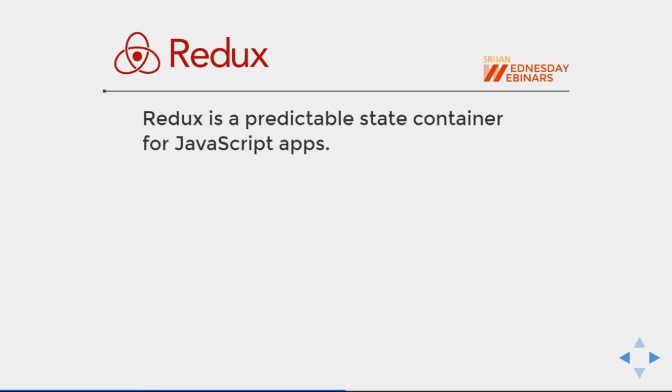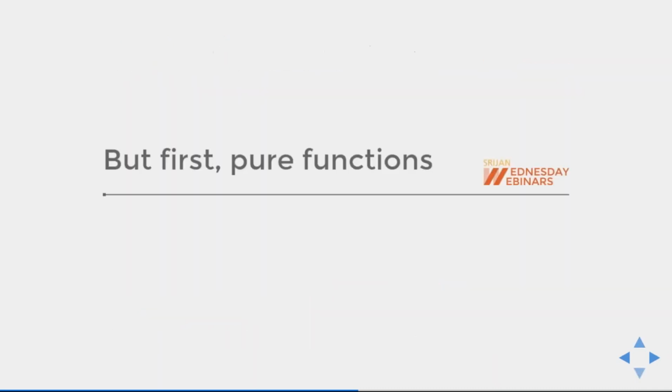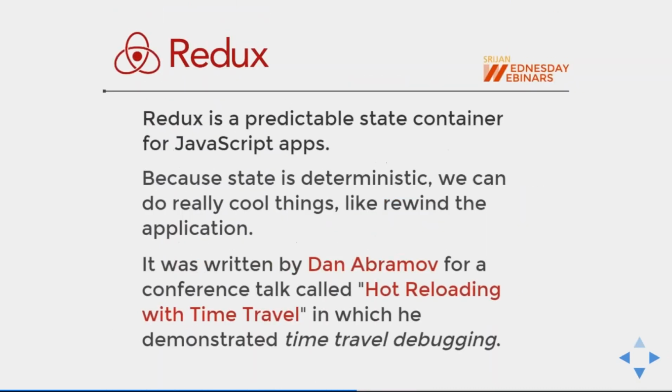Okay, so first of all, just a basic introduction. It was written by Dan, and it is now one of the most popular libraries for writing production applications with React, because for production applications we will have a complex way of communication between the components. So we need some container which can manage the state of the complete application. Redux is a separate library which is going to have three components: one is store, another is reducers, and the third one is action. First we will talk about Redux in isolation, then we will see how Redux can fit with our React components.